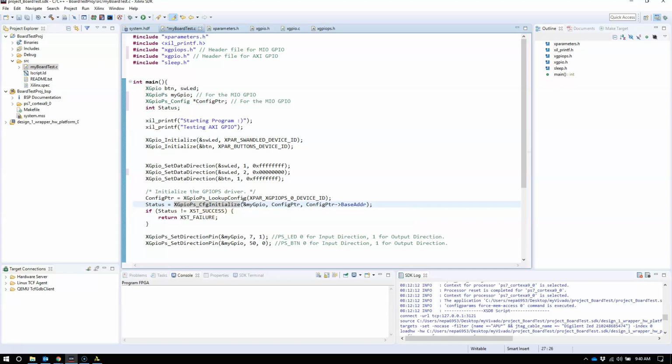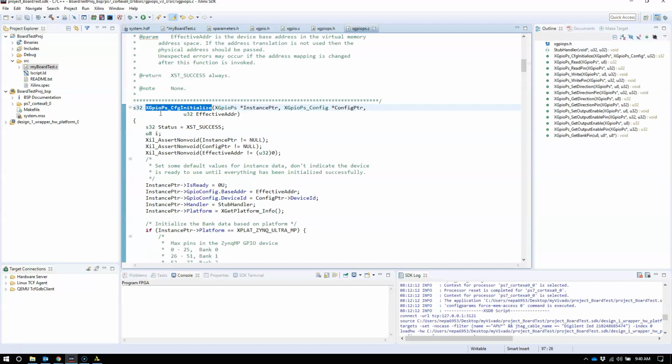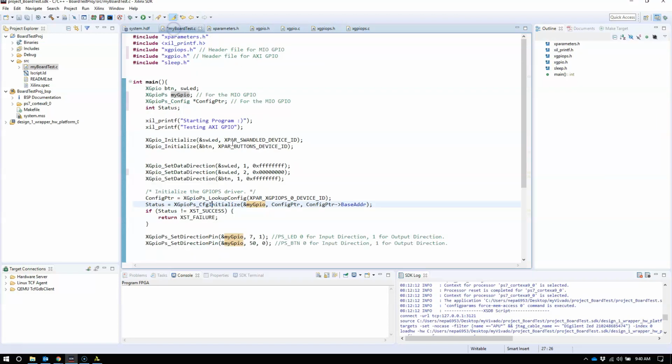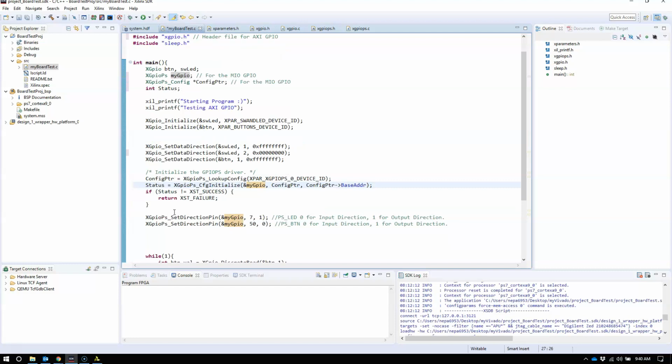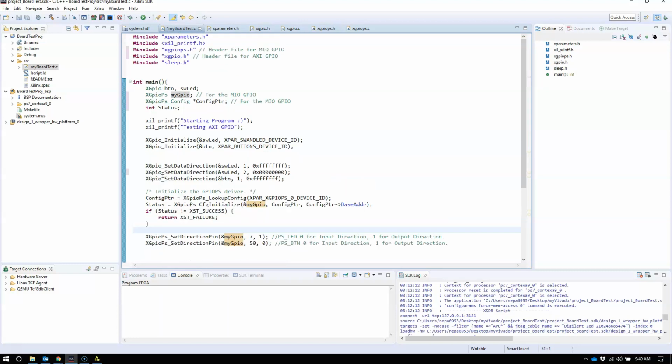Okay, so you look up the configuration of the device, and using that configuration pointer, initialize that particular device. Now, what does the status do? If you look at the configuration initialize, status is basically XST success or failure. It's letting you know if the whole thing was successful or not. All right. Now, in the case of the AXI GPIO, we were working in a collection or a bundle of